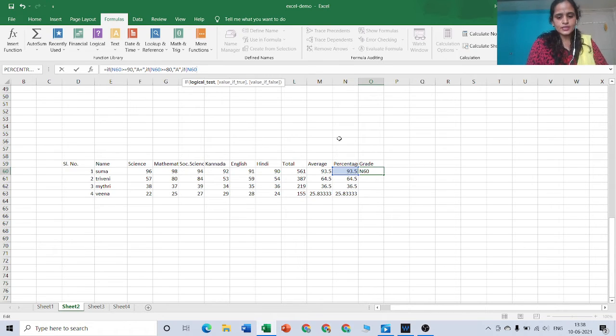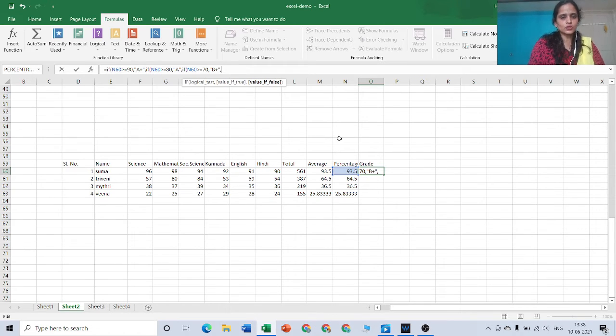If it is greater than or equal to 70, comma, what should be displayed? I want it to display B plus. After this, close the double inverted comma and place a comma.